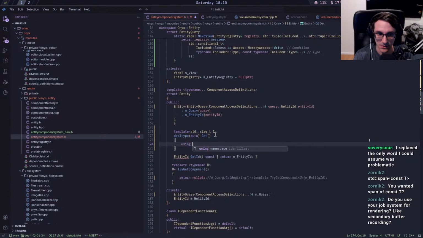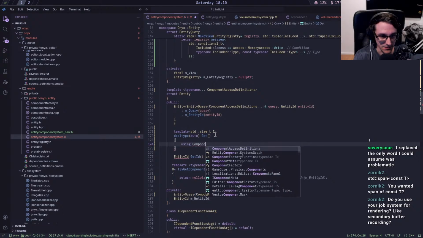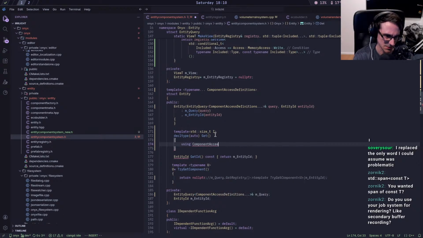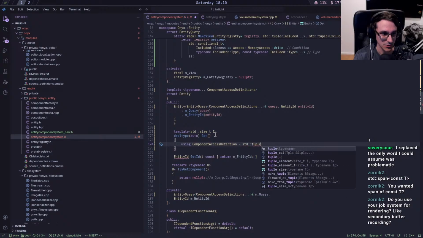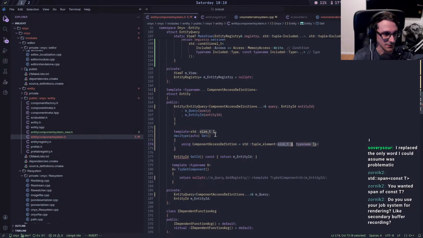So basically definition, or like component access definition is an std tuple element at I of our